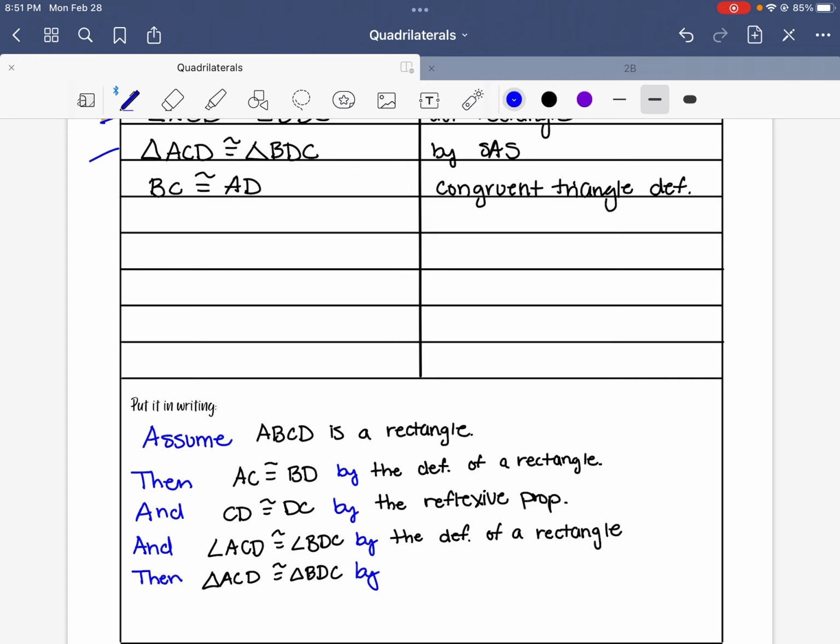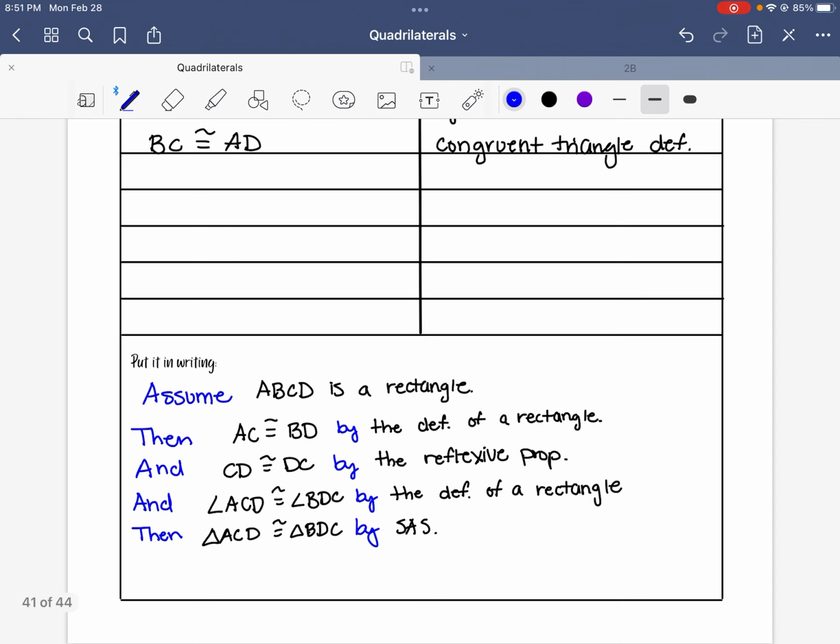By side angle side. Then you can say thus, therefore, you can use then again, but I'm kind of tired of it. Therefore, BC is congruent to AD